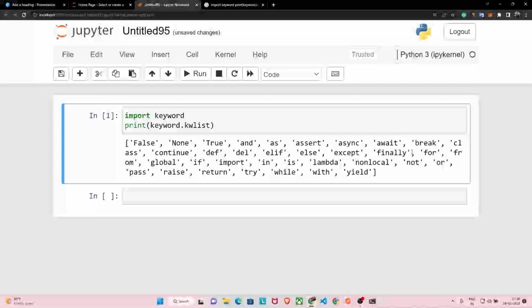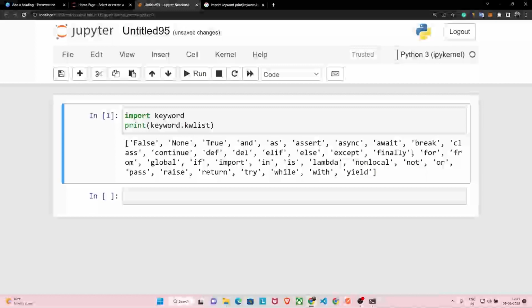I told you some rules like a variable name cannot have special characters in it. A variable name must be alphanumeric. A variable name cannot start with a number, and a lot more, right? There is one more rule. The rule is that the variable name cannot be a keyword.